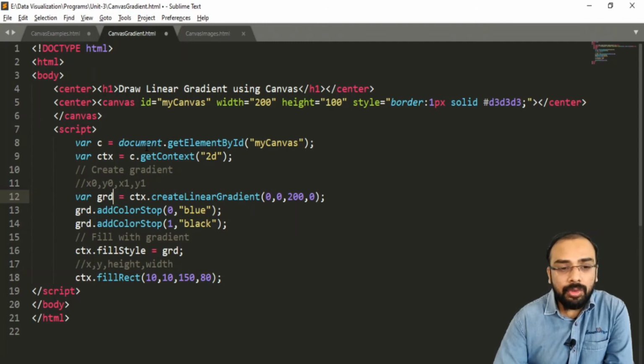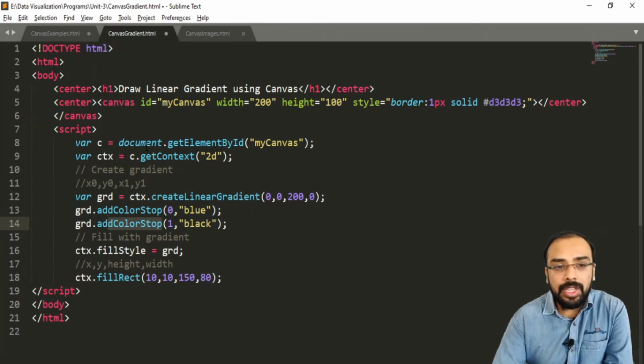Now we want to give 2 different colors to the gradient. To give the color we have a method named addColorStop. The value of this color stop should range between 0 and 1. So first I am giving 0 and specifying the color as blue. I am specifying another color as black, which has the value 1, using the method addColorStop.